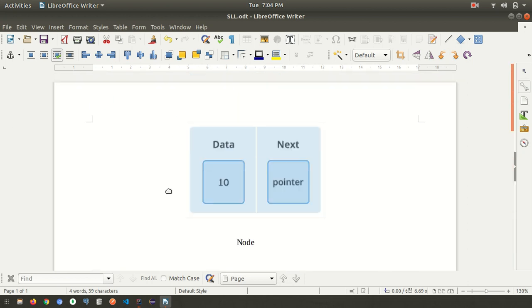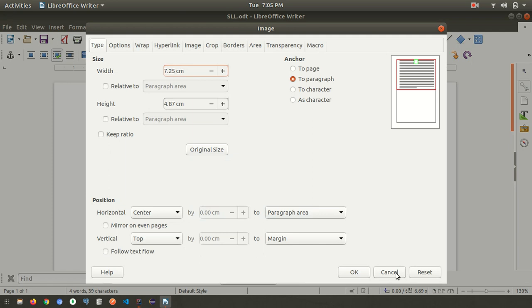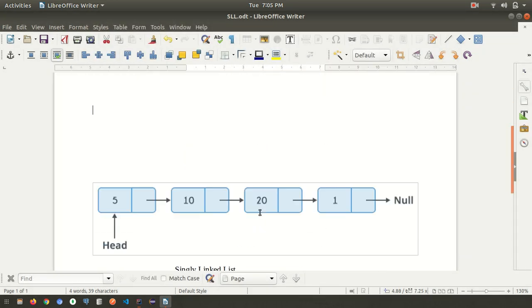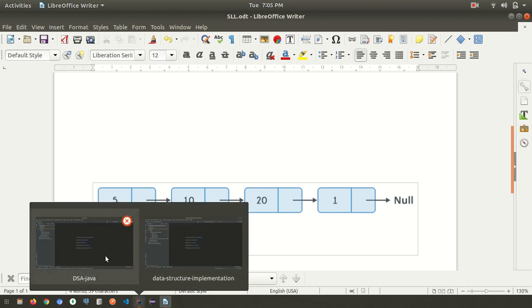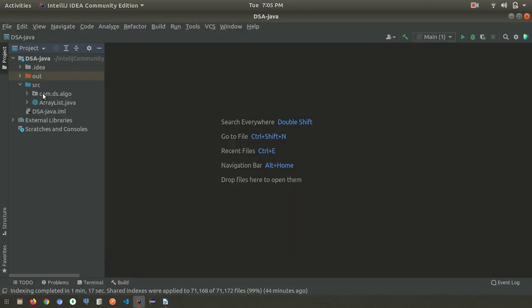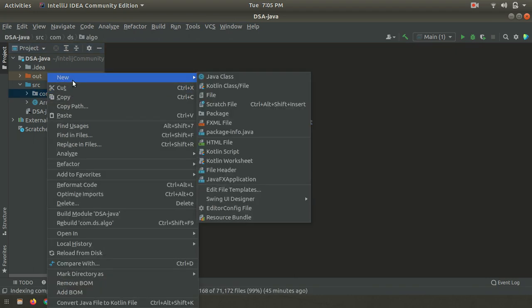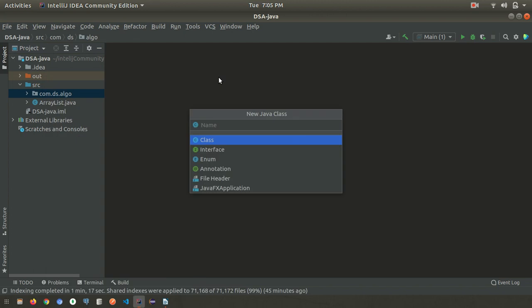So let's go to the editor and we will see how we should create this first node and how we can create this singly linked list, and perform all these add operations, then print, or how we can print all these things. We'll go to our editor and see. So first we'll go inside this package, go to next and create a class.